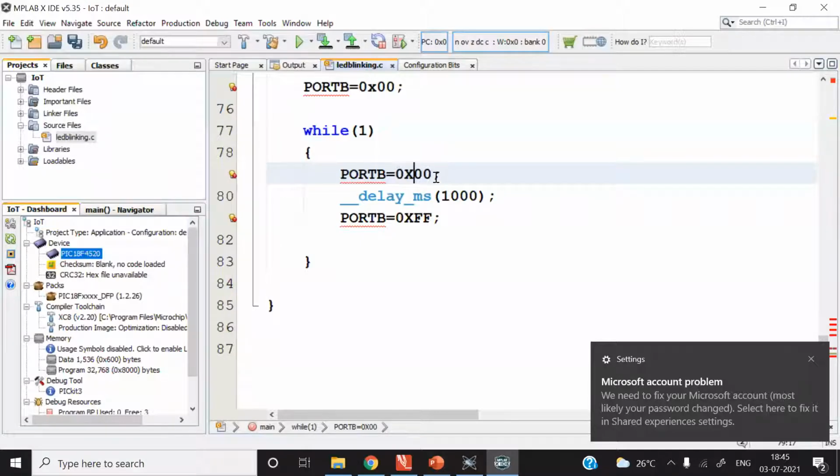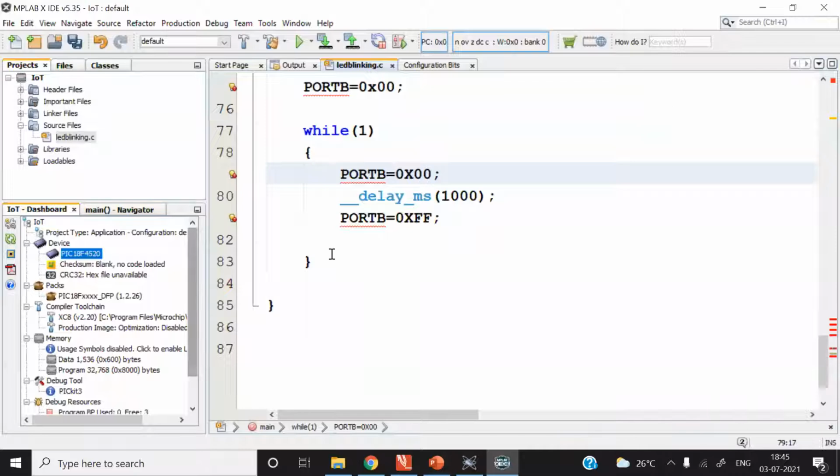The compiler will understand that whatever you type after x is in hex. And if you simply type a number without 0x, it will be accepted in decimal.